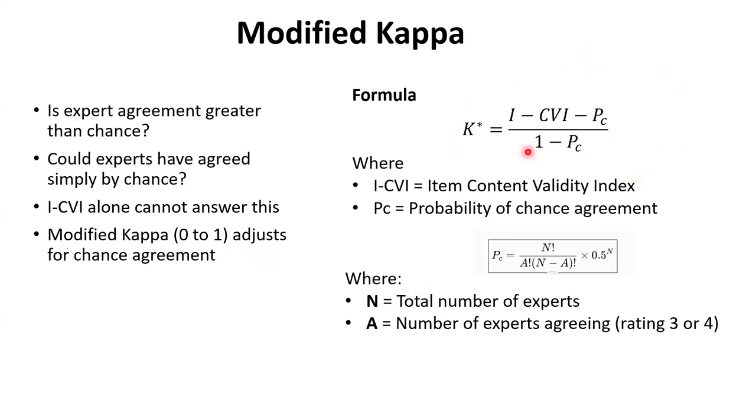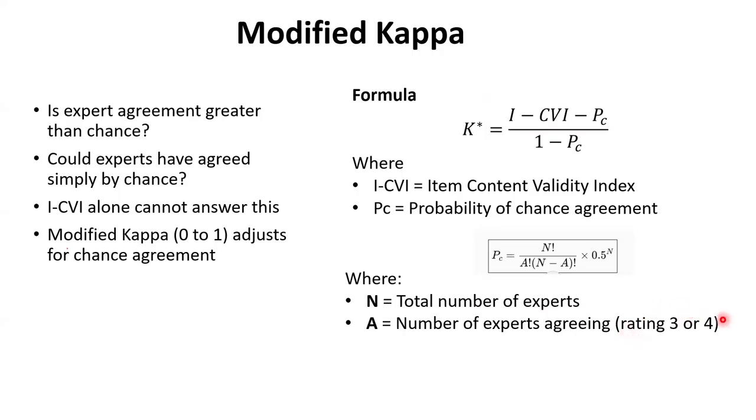and this is the formula for ICVI. So what you have to understand is that if you want to do content validity, you have to calculate and report all these different values. So modified kappa, again, you have to do it for each question. So you have to mention the value of ICVI for each question and the probability of chance, which you get using this particular formula, which depends upon the total number of experts and the number of experts who have rated